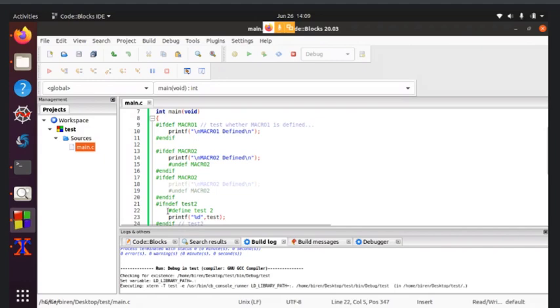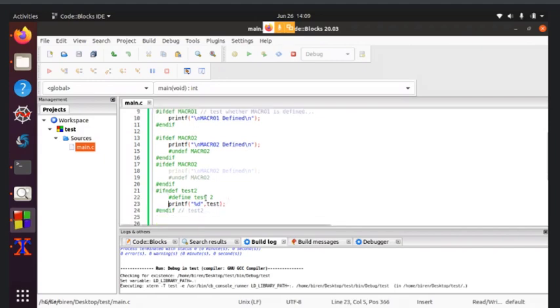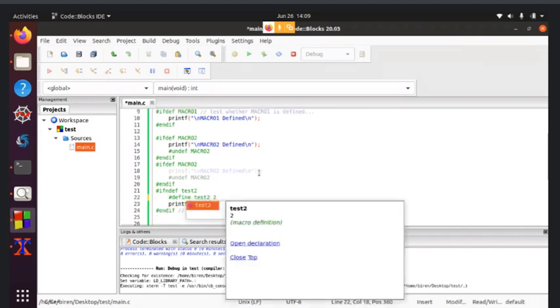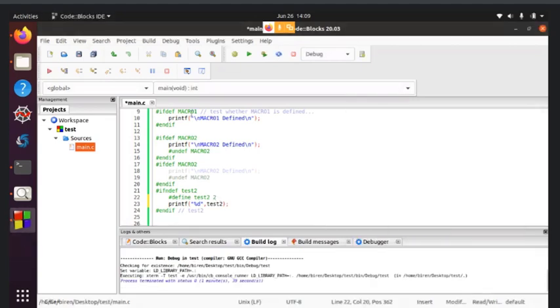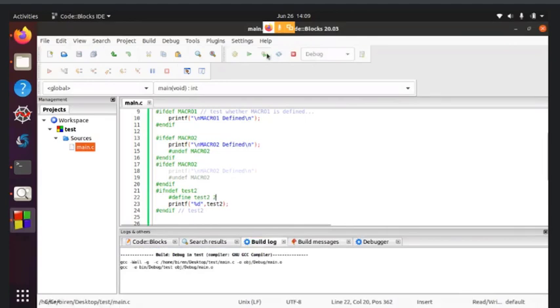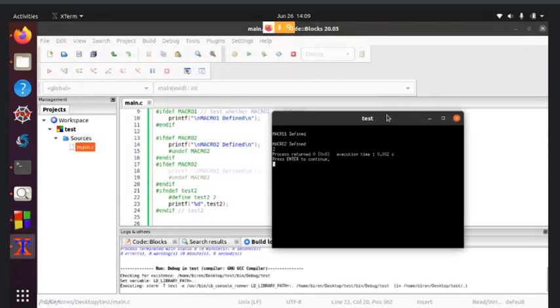The next statement is to define the test2 macro and print the value belonging to the test2 macro. So here you can see in the earlier case the test2 macro was not defined. Now because of this statement at line number 22 we are defining the macro and we are observing the value on screen. Any doubt in this small program?